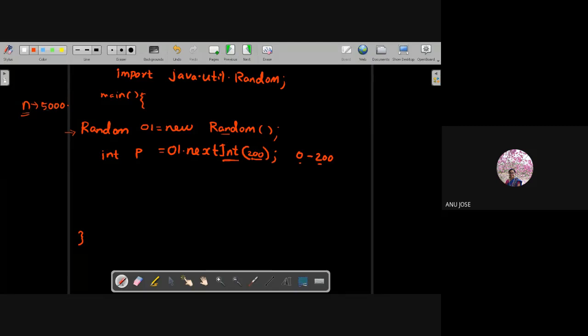Giving 5000 inputs manually from the user is not practical, so the question says you can either read the content from a file or randomly generate that many values and store them in an array.